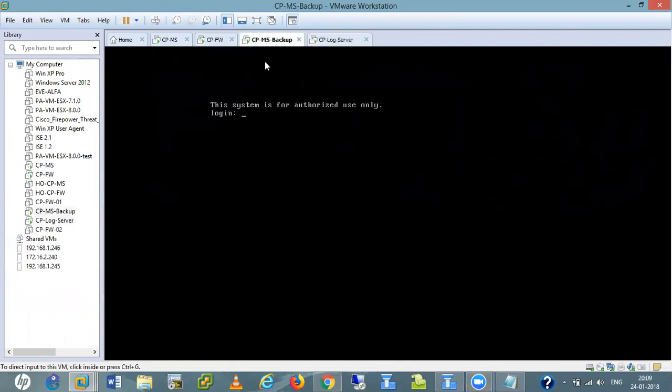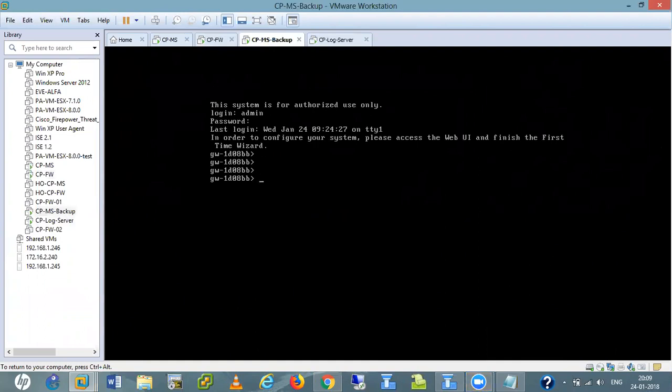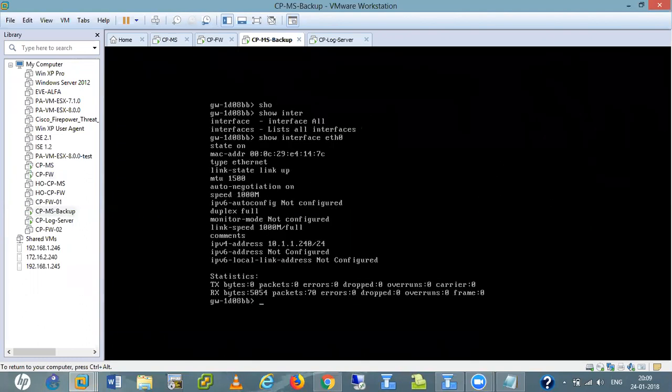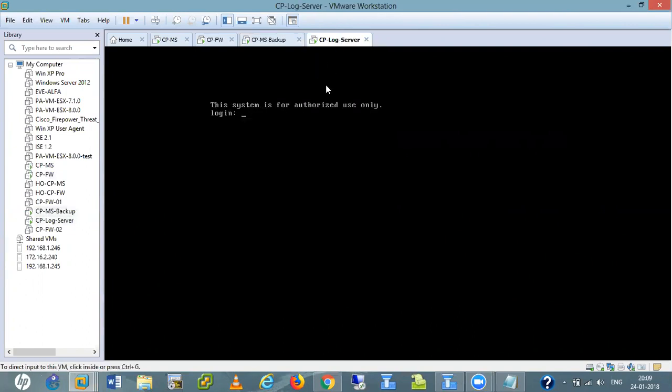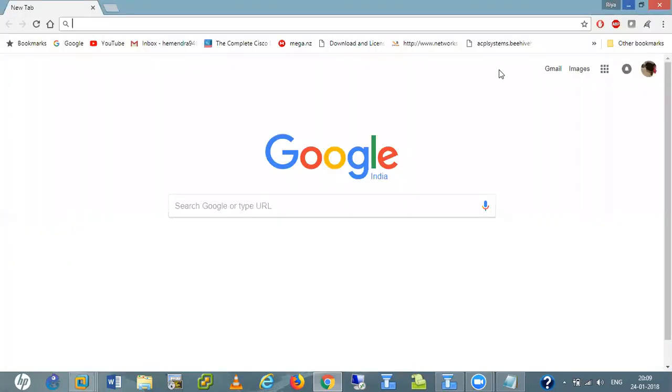This backup management server has an IP address. I just installed that server and set the IP address, nothing extra. On interface Ethernet 0, this one has IP address 10.1.1.240 and this one has 10.1.1.241.